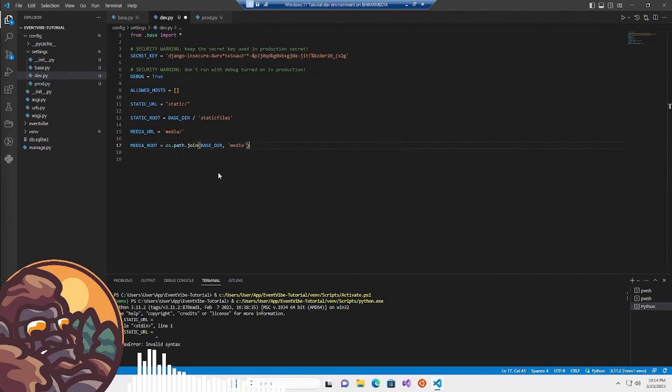And on the media root, the os.path.join(BASE_DIR, 'media'),